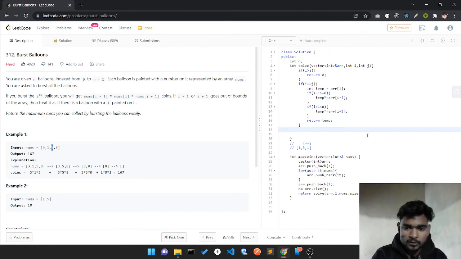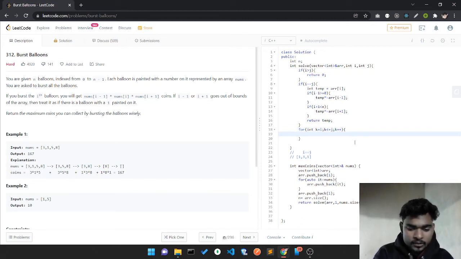So to give every element a chance, I'll go with a for loop. I'll start with i from my starting index and go till j, my last index, giving every element a chance. What's my duty?